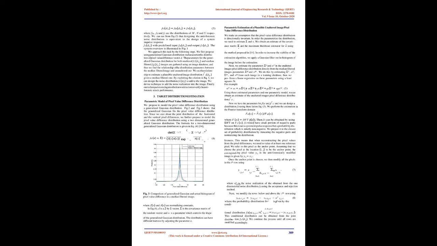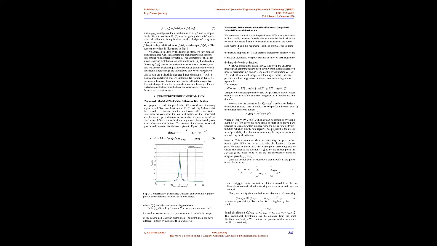We do this by first parametrically modeling the pixel value difference distribution of an unaltered image and a median filtered image. We modify the pixel difference distribution of a median filtered image by adding specially designed noise to its pixel differences. We design the distribution of this two-dimensional noise so that when it is added to the pixel differences in a median filtered image, the pixel difference distribution of the anti-forensically modified image will match an estimate of the image's pixel difference distribution before median filtering.